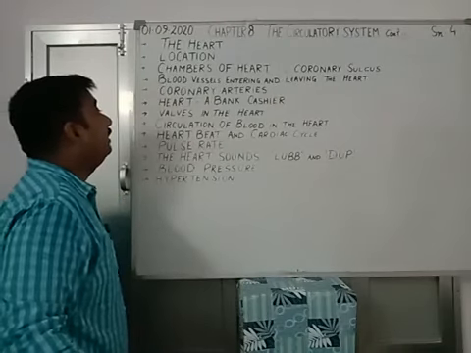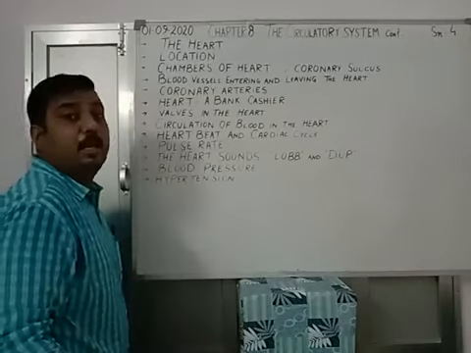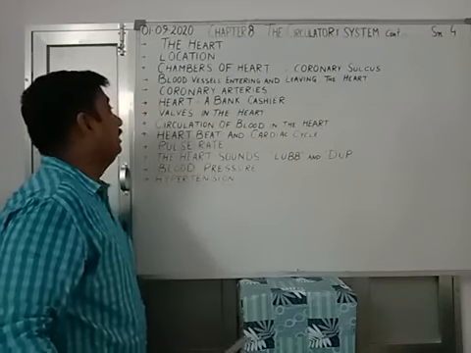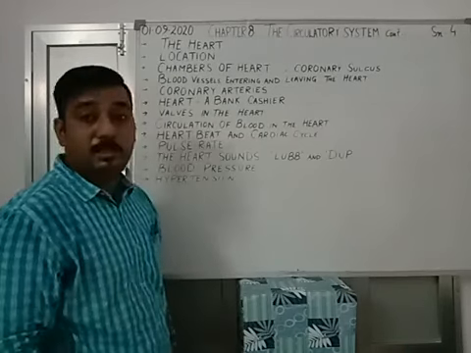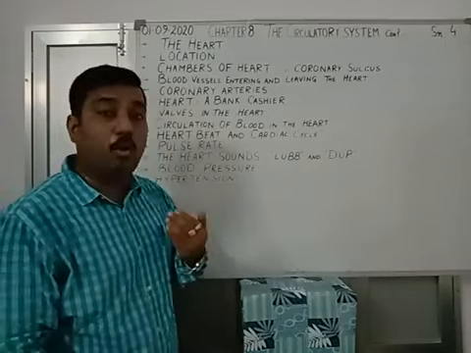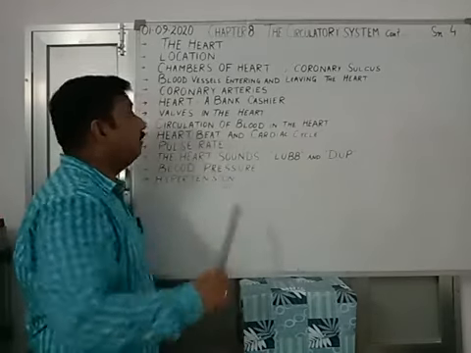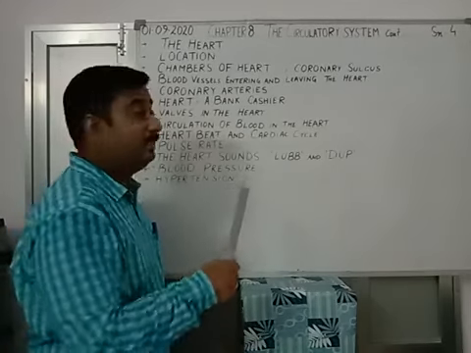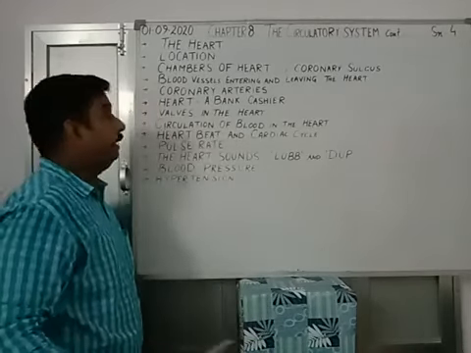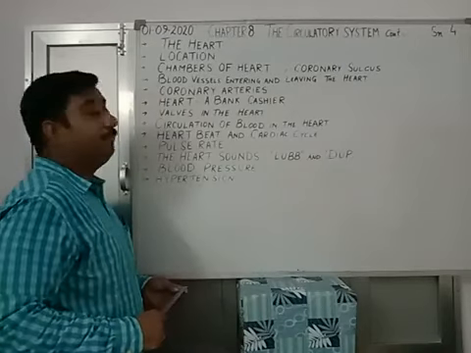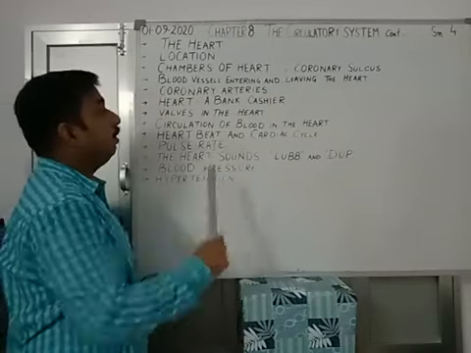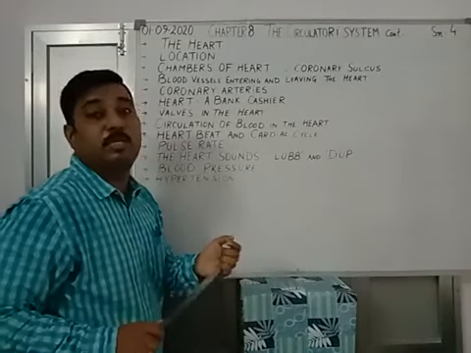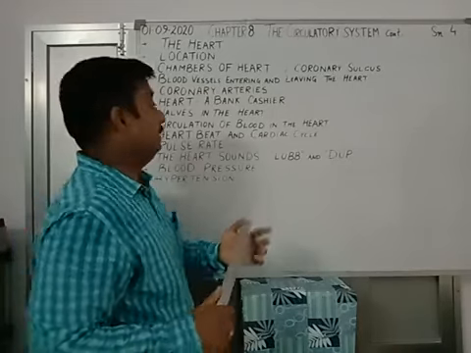Then we will be understanding a term: the heart can be considered as a bank cashier. How can it be considered as a bank cashier? That also I will be explaining to you today. Then there are certain valves present in the heart to prevent the backflow of blood. The basic function of these valves is to prevent the backflow of any kind of liquid. Here in the heart, it prevents the backflow of blood. Then we'll be moving further and understanding the circulation of blood, and how the whole circulatory process takes place in the heart.